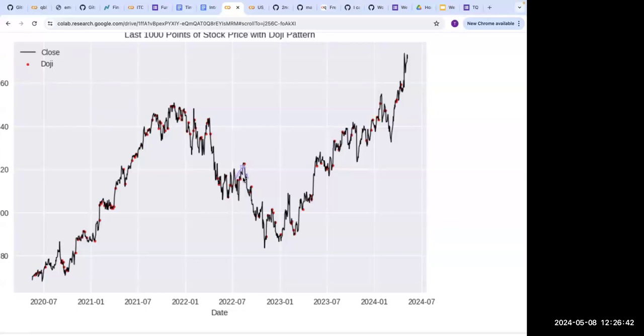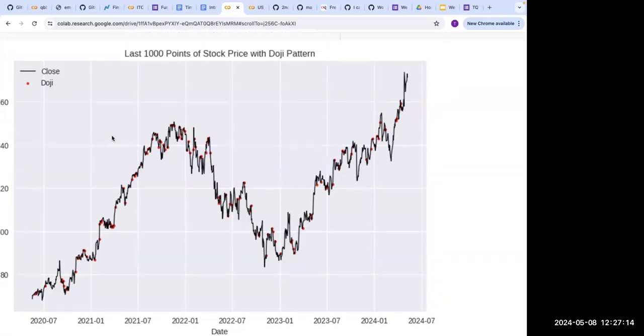It might be that the stock is hit by some news that's actually making a loss for the company, and then it's going to keep falling. So in that case the doji won't work. Even though here you can see this doji came, it's still going very much down. So that was a time when the stock was hit by some worse news, right? So that is one part of the doji pattern.